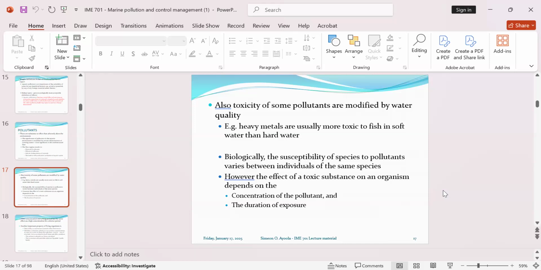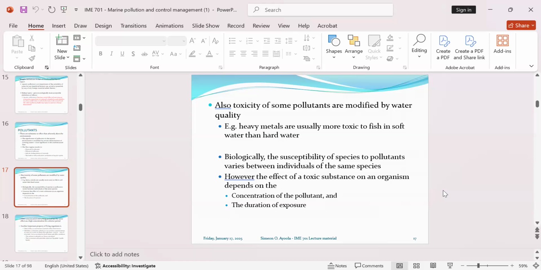and can destabilize the central nervous system, which can result in death. So that is the effect of a very high level of iron in the body. So biologically, the susceptibility of species to pollutants varies between individuals of the same species. However, the effect of a toxic substance on an organism depends on the concentration of the pollutant and the